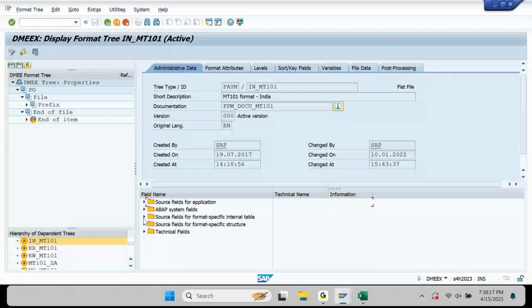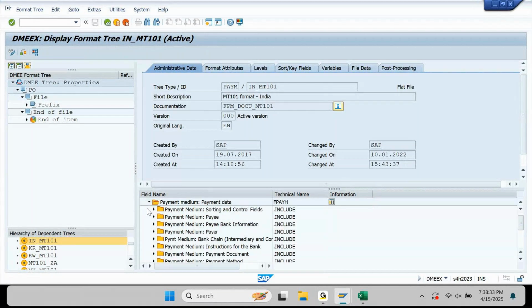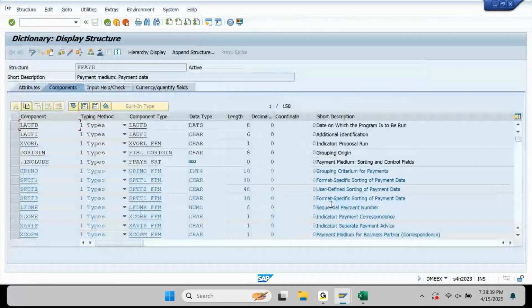And we were talking about fields, right? Yes. Now here, which table did we look at majorly? REGUP or REGUH? REGUH. For example, if I try to look at this one,